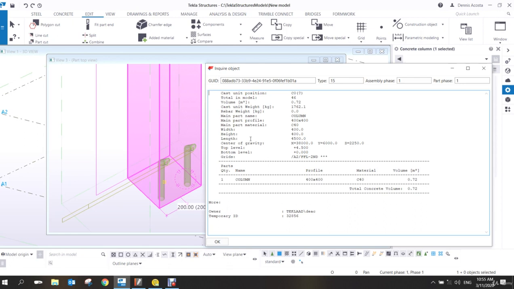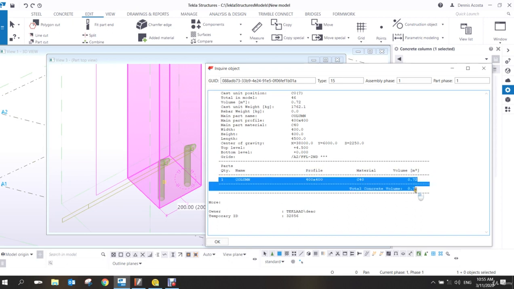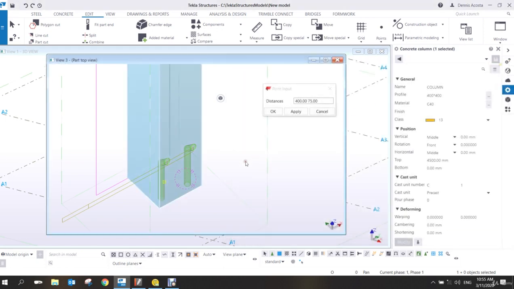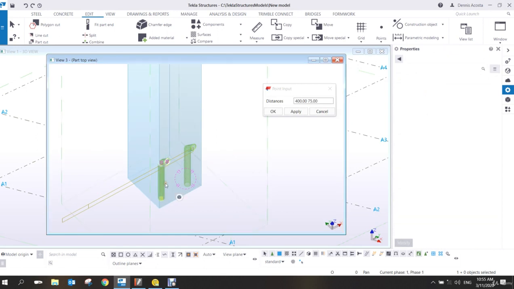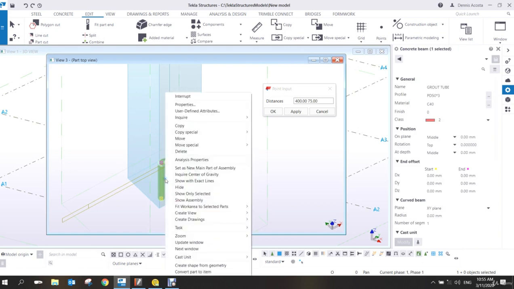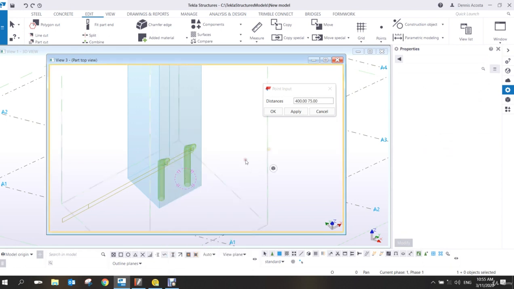If you notice here, the quantity, I have one column there. Now, how are we going to add the grout tube inside this column? How to add the grout tube inside the column? So look, if I close this one and then select one of the grout tubes, right click. If you select the grout tube, if it is a steel, remember, if it is a steel, and then you right click on it, you can see here,